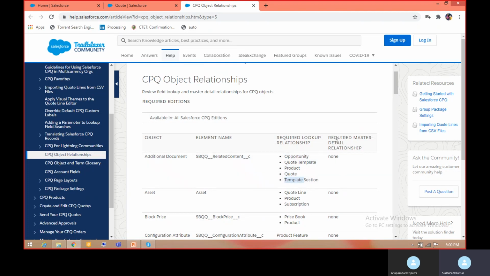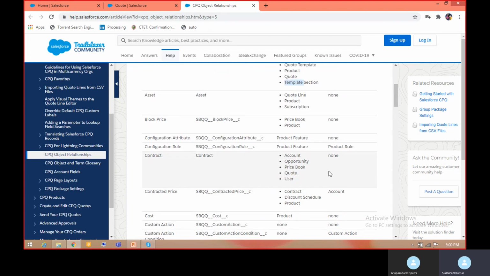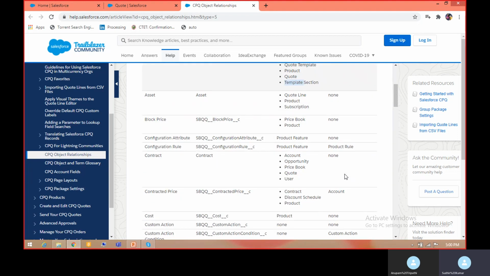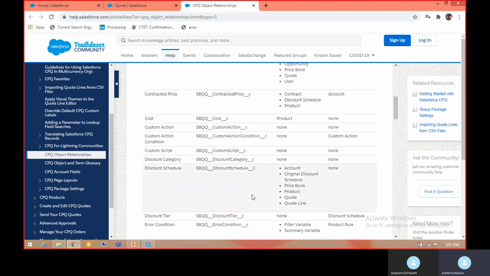As for master detail relationship, additional document has none, so it is written none. But if you go to configuration rule, it has a master detail relationship with product rule, so it is showing over here.